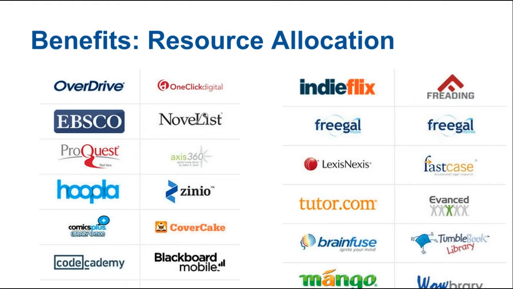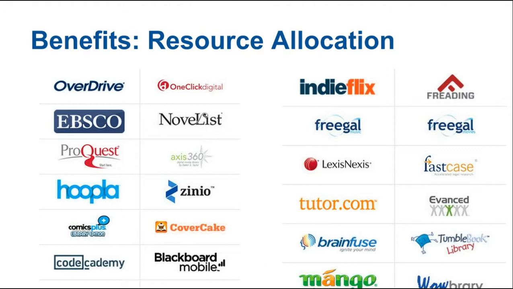So you can obviously see the checkouts for most of these databases. I believe they give you your reports, or you can log in to see your checkouts for Overdrive or OneClickDigital, Hoopla, Zinio, things like that. But in the app, you can also see how much it's used. So you can see how many queries and clicks you have on your Overdrive channel, for instance, and then you can see how that relates to checkouts.